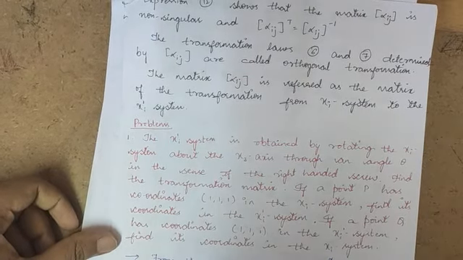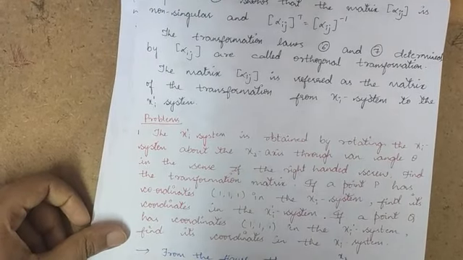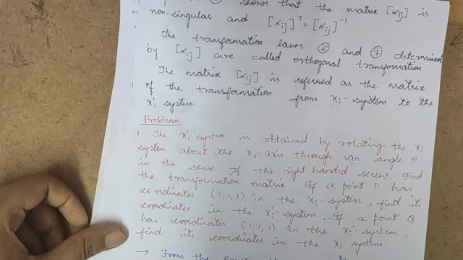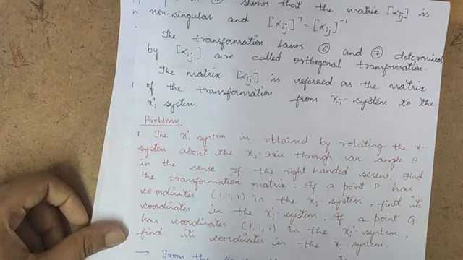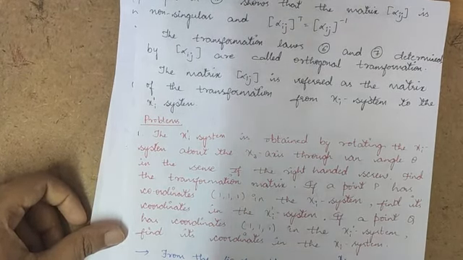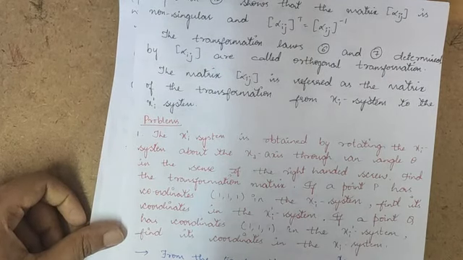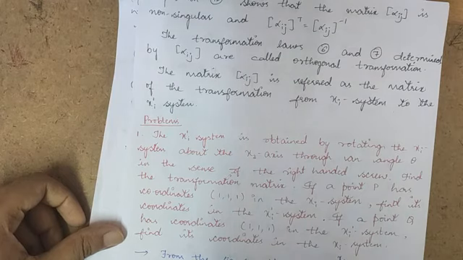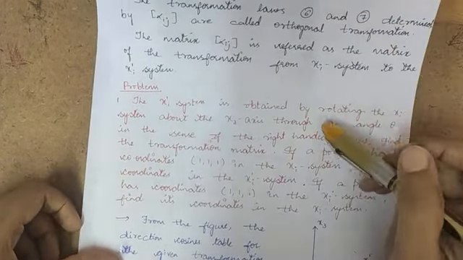Hello dear students, in the previous session we have discussed the coordinate transformation, right-handed system and relations connecting the xi system as well as the xi prime system, that is the old system as well as the new system. In this session let's solve some problems based on coordinate transformation and let's see how we can express direction cosine for the system we have considered. Okay, so the first problem is this.